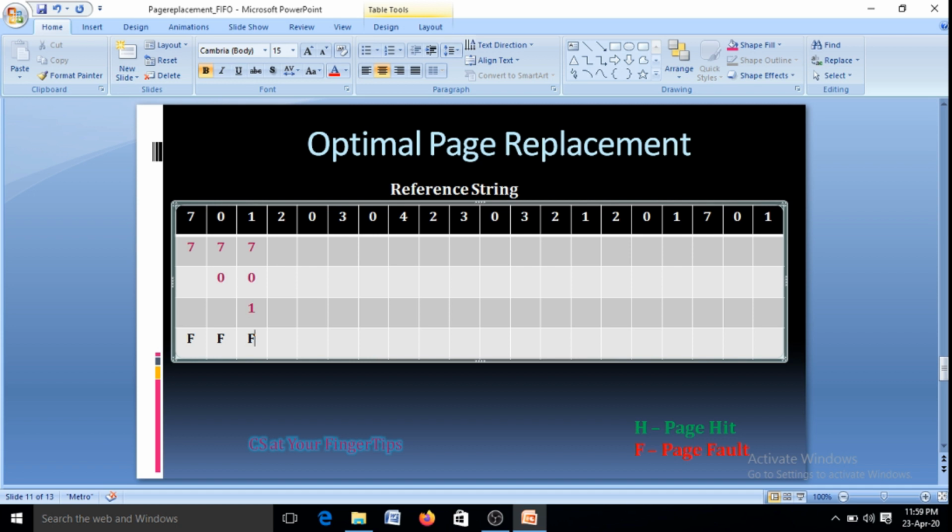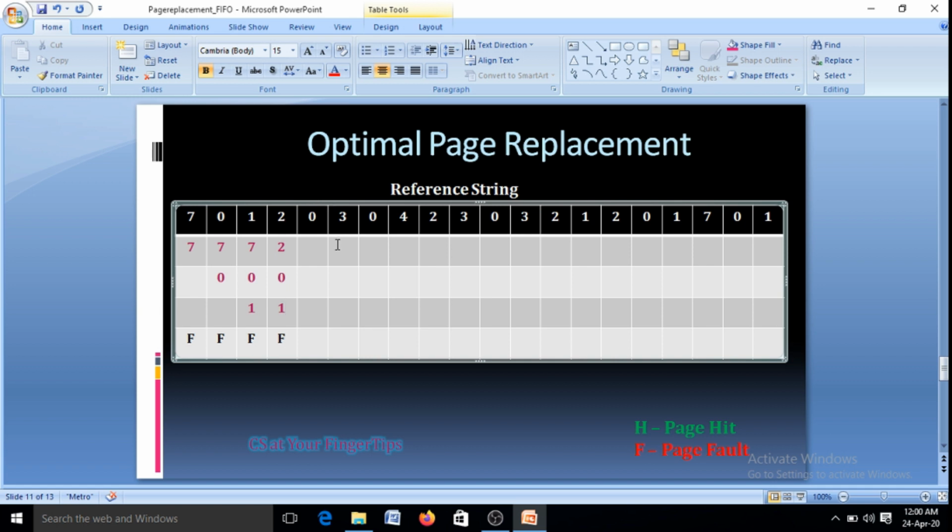So in this case, we can see that 0 will be referred to in the next reference, and 1 will again be used in the future references, and 7 is the page that will not be referred to for so long in the future. Therefore 7 is replaced with 2, and there is no change in the other pages. Again it will create a page fault.